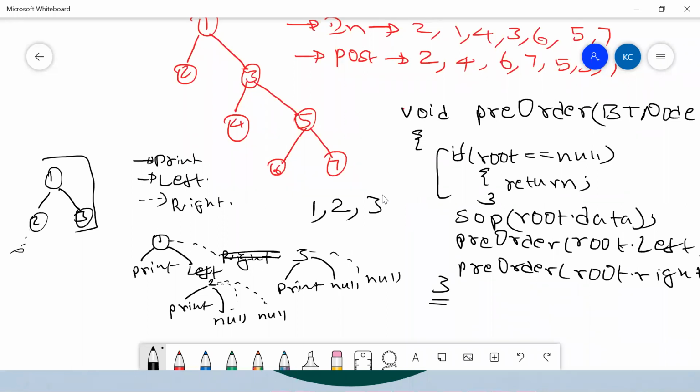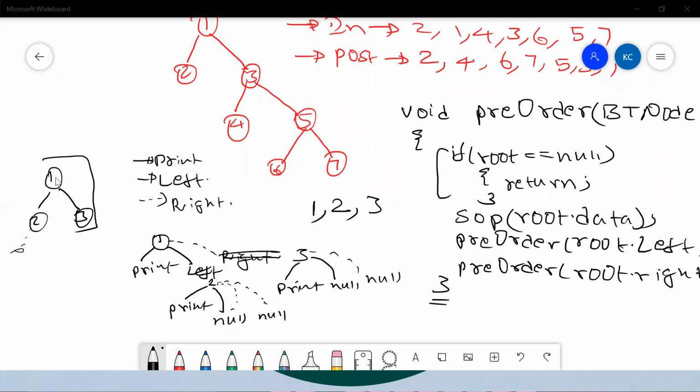So this is how it's actually being done, guys. For every node that you encounter, you do three different things, and those three things are written over here. How did we come to 3 from 2? No, we did not come directly. That's how recursion is working. First, for 1, we are printing 1, and then, as per our code.